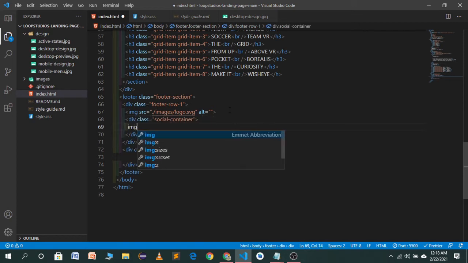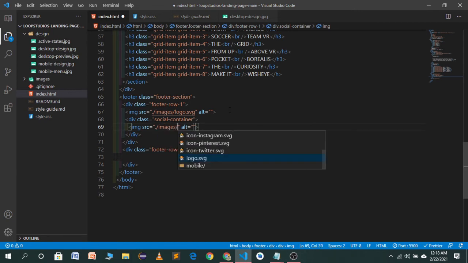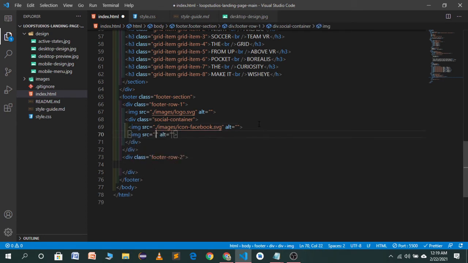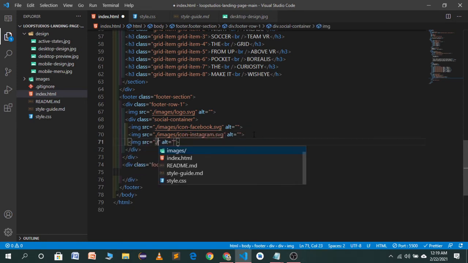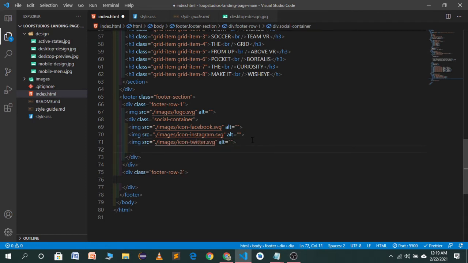In the social container we have different images. In the images folder we have Facebook icon, Instagram icon, the third one will be Twitter, and the fourth one will be Pinterest.